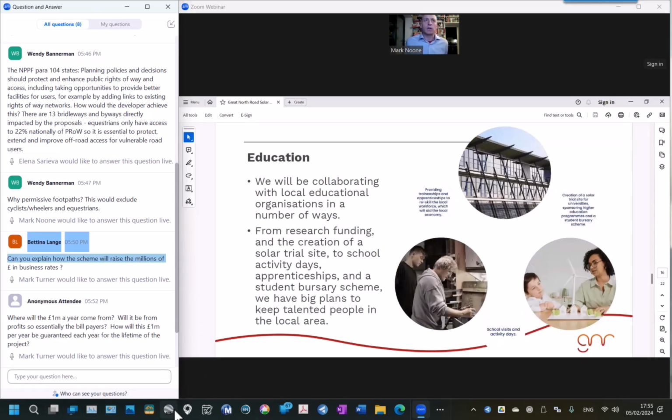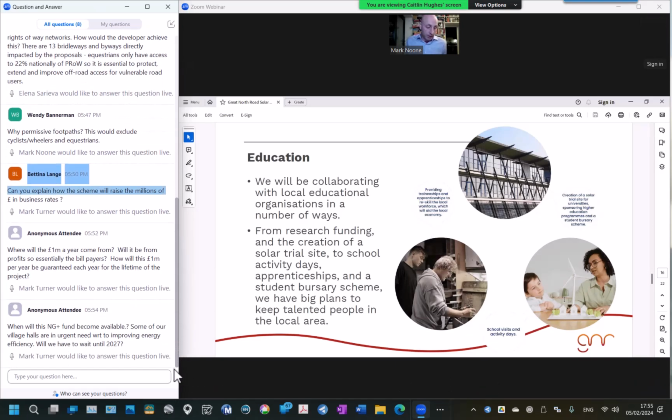Education, touched upon that again. There's quite a lot of things that we're looking to do in the education sphere. We've already had some really positive engagement with the local college, which is hugely welcome. One of the things that we've had in the early consultation events is people worried that jobs and employment will come from somewhere else and not benefit the local area, and that is exactly what we're not wanting to do.